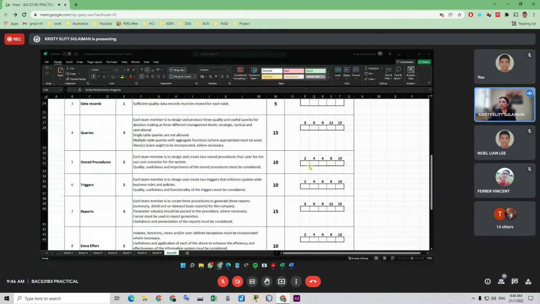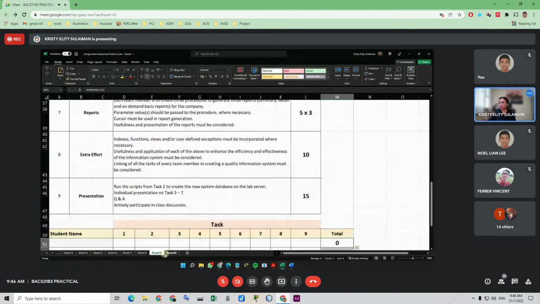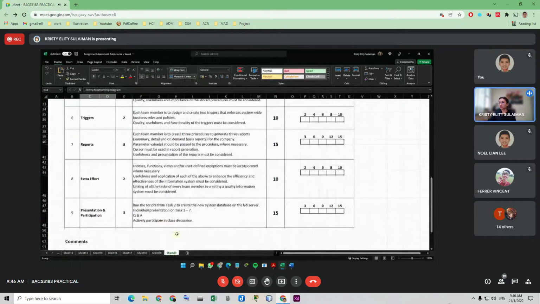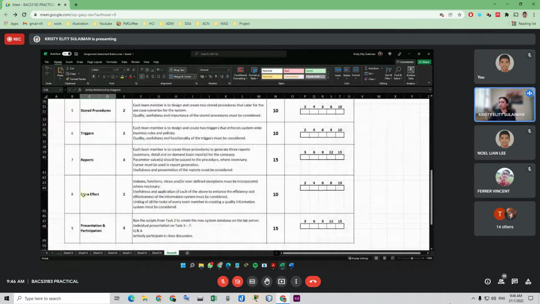Remember, this one is an individual task. Then reports, and then indexes. Sorry, the extra effort. What you can include in the extra effort highlights, this one is 10 marks, quite big.